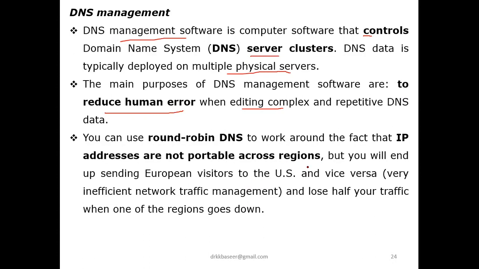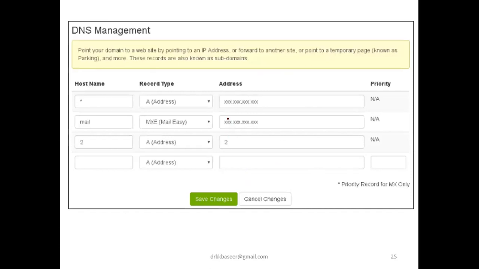And also we have round robin DNS, which works automatically if there is a failure, based on the round robin algorithm which is there in the OS. Automatically, based on the IP addresses, traffic will be shared across the available regions, and the servers will be exchanged. So I will show you an example of how the DNS management is done. If you see, about 90% of the figure is clear, only 10% is a blur, no problem.